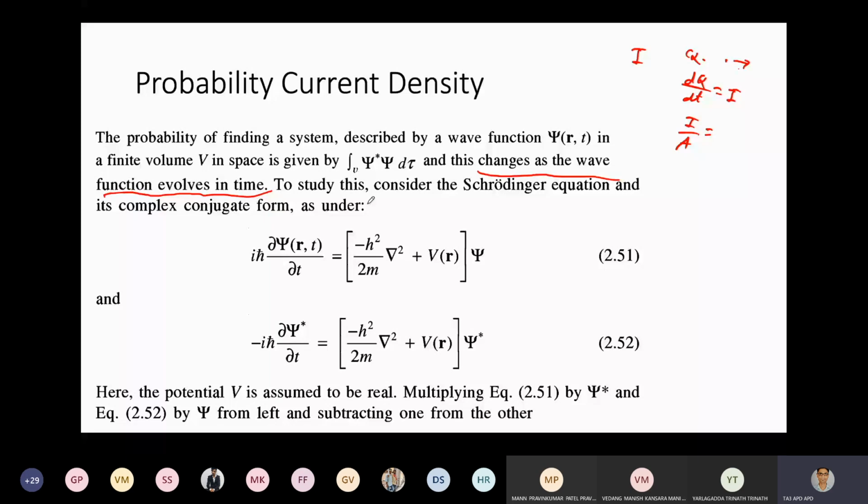ठीक है, तो उसके लिए हम क्या करेंगे, we simply take the Schrodinger equation in two forms. एक तो उसका जो original form है और दूसरा हम उसका complex conjugate form ले रहे हैं, है ना. तो सिंपली कुछ नहीं किया है हमने, we just replace this function psi by its complex conjugate psi star. ठीक है, now these two equations, what we are doing, it says that multiply this equation by psi star, and equation 2.52 मतलब कि this वाला multiplied by psi from the left, and then subtracting one from the other. ठीक है, एक दूसरे में से उसको subtract करना है. ठीक है, तो उससे अच्छा let's first do it, then we will see what is the purpose of doing it. तो इसको multiply करिए, multiplied by psi star.